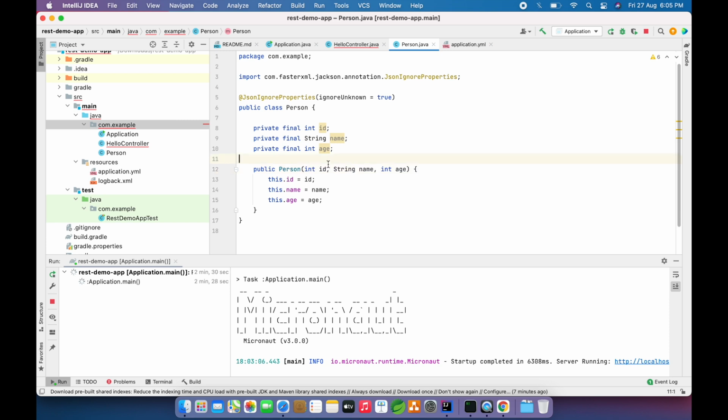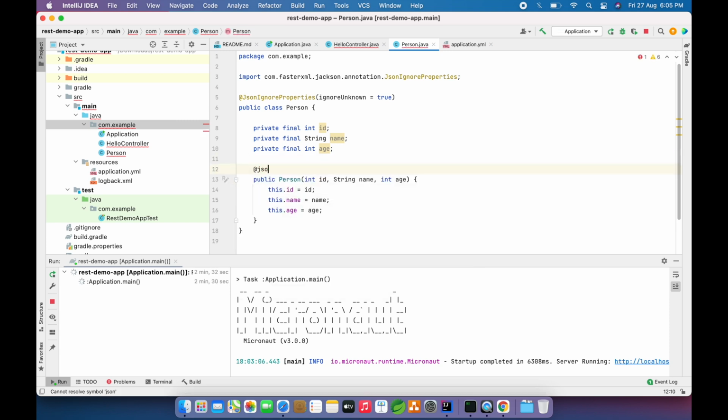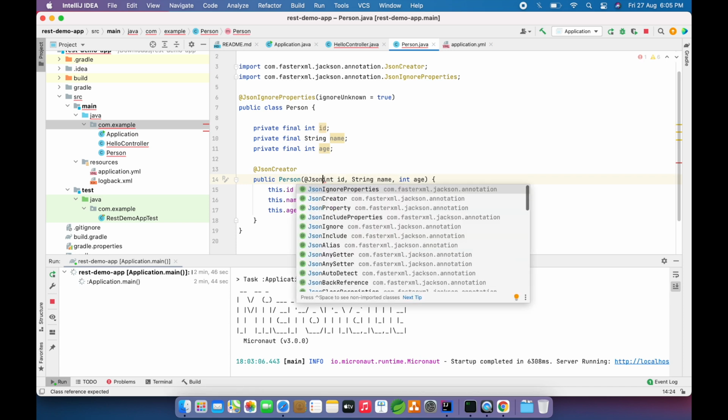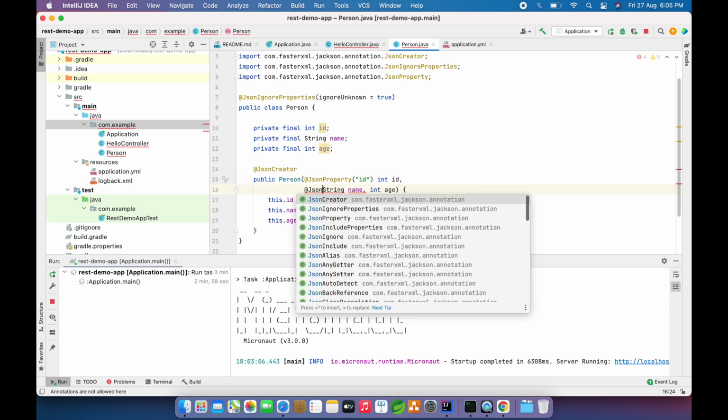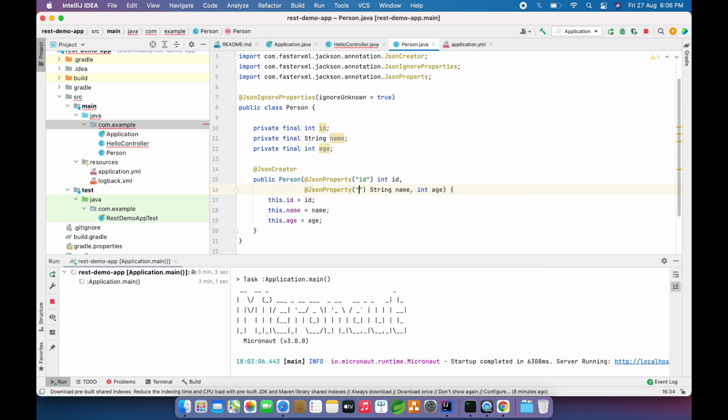So this constructor has been created, and we will say please use this @JsonCreator annotation. What JSON creator does is it deserializes your object from JSON to Java, so it will map onto those particular keys. Now we will use JSON property. Whatever is coming, like if I'm reading ID from the JSON, then I will map this value onto this ID. And @JsonProperty, and it will be name,